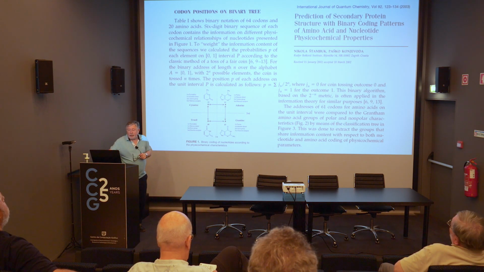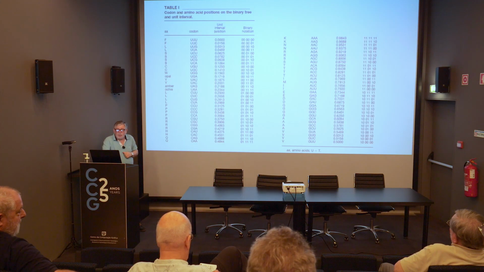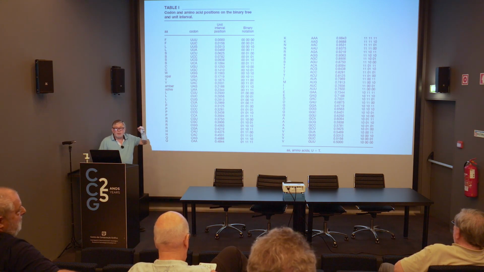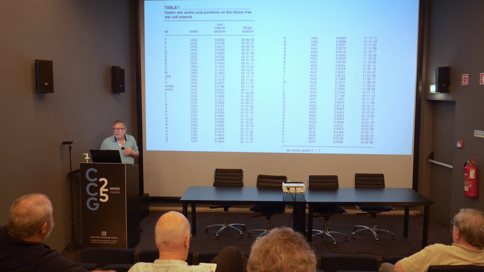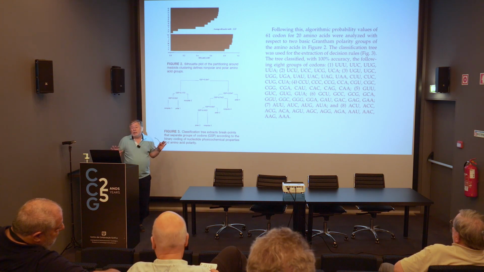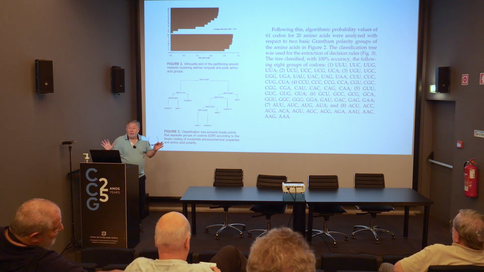Two years later, we extended this prediction to binary coding patterns. One specific binary coding pattern, and of course we can calculate by coin flipping algorithm the position of each nucleotide on the unit interval. Then we notice the phenomenon that there are two distinct groups of amino acids, and codons, of course,